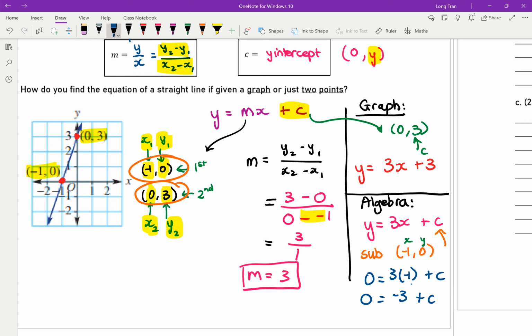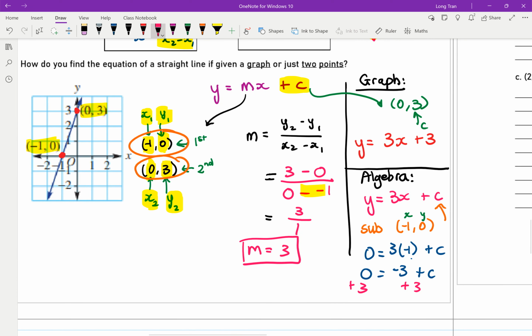But remember, I don't want -3. I just want the c. How do I get rid of this -3? Add by c. Okay, not times because usually it's timesing. But this is not timesing. This is a -3 added with c. So there, I'll need to do the opposite of -3. So opposite of -3, we know it's add 3. So I'm going to add 3 on both sides. Add 3, add 3. Now let's have a look. What's -3 plus 3 again? 0. -3 plus 3 is the same thing as writing 0, which is why you now have c is equal to 0 plus 3